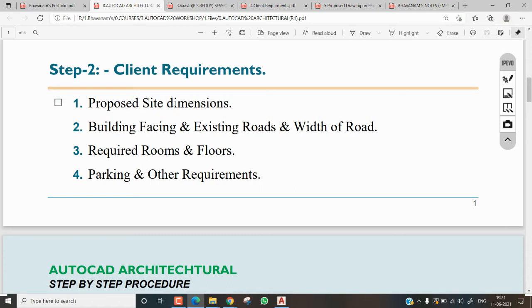We need to ask them the proposed site dimensions. After that, building facing and existing road. Is there any existing road? If you want to go for building bylaws, we have some GOs. GO 119 is the general one for Andhra Pradesh. In that bylaws, if you see, let me show you those also. If you go there, you will learn, if it is a road, how much road width it is, and how much setback I need to leave. These all things play a very vital role here in our civil engineering,